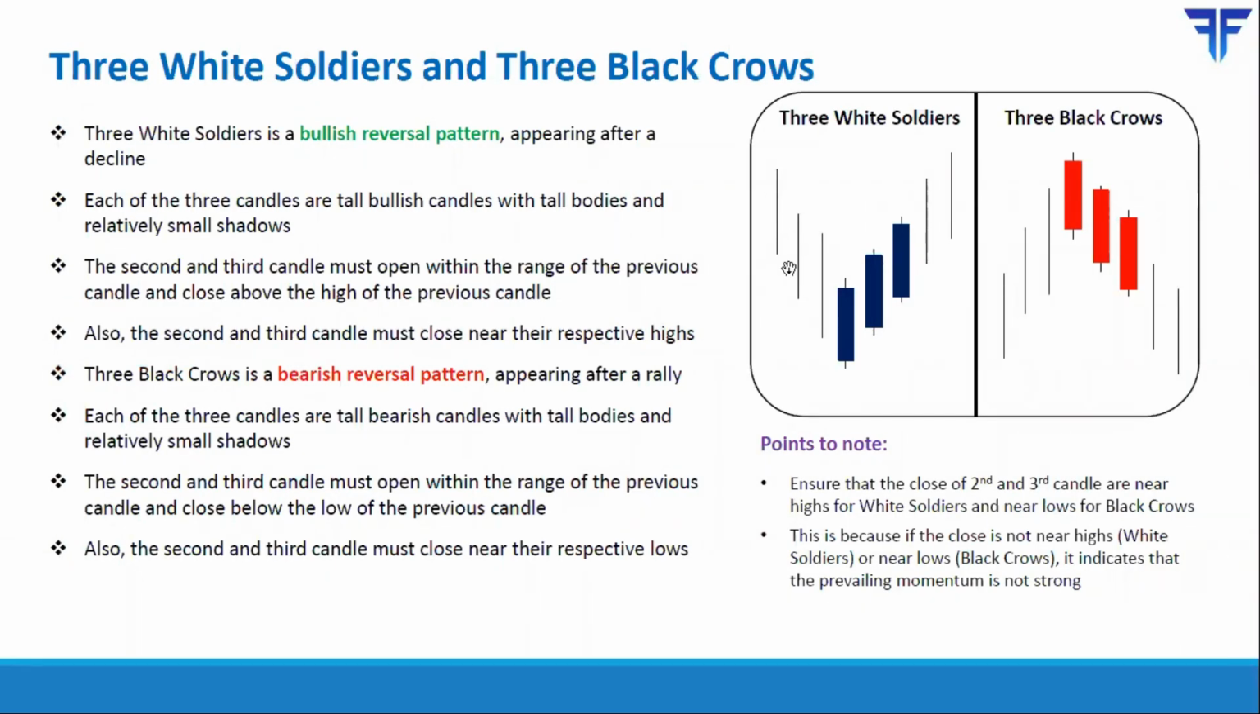end of the downtrend. So as you can see, the prevailing trend is down. The first of the 3 candles is a very healthy bullish candle with a tall green or blue colored body, indicating that the selling pressure is starting to recede. The second candle opens somewhere within the range of the first candle and then closes above the high of the first candle. The second candle, just like the first, should have a tall real body with closing near the high